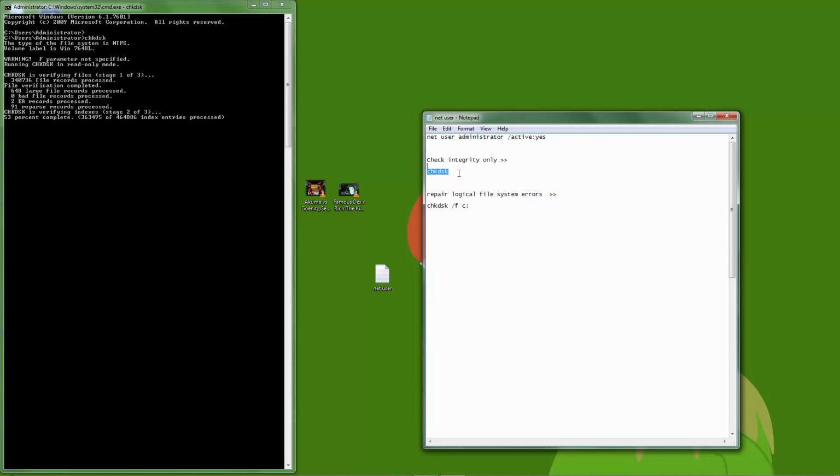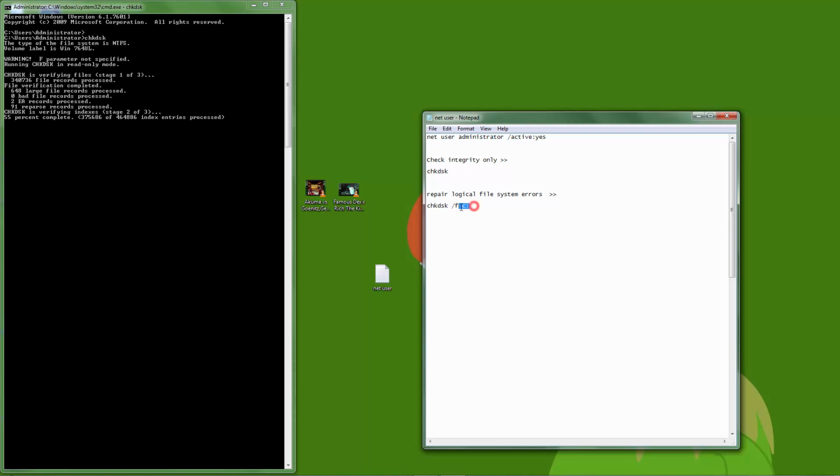But if your computer just has logical file system problems, you should take this route only. Today, I'm showing you all how you can check whether one of those errors comes from this. And as you can see, it's at 54% complete. And yeah, the problem with check disk